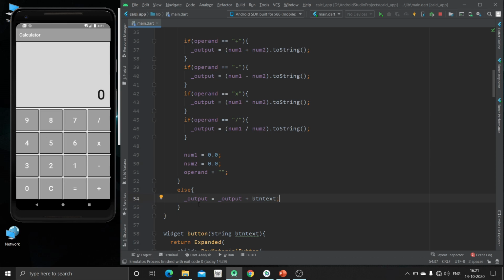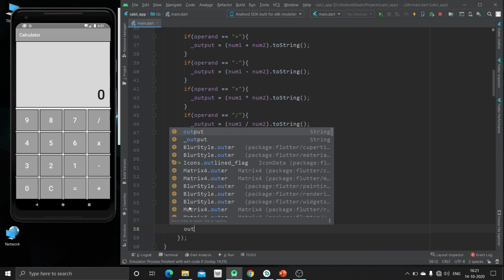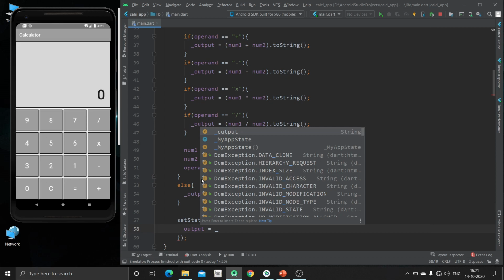Now after this, we have to set the state so that the changes are visible inside our app. So inside this output we are going to save the output.